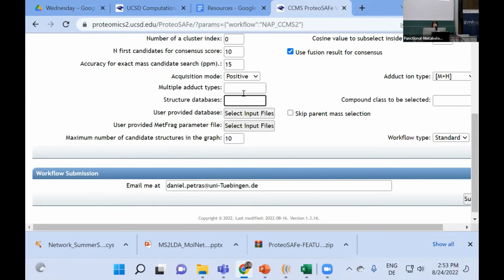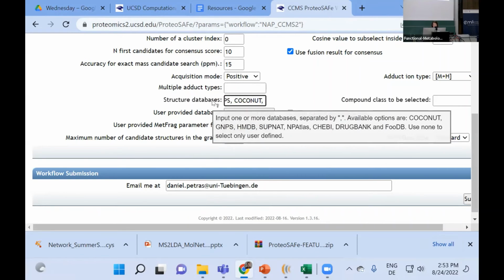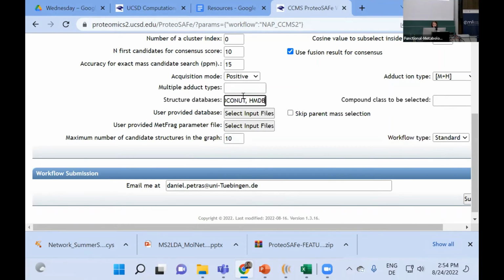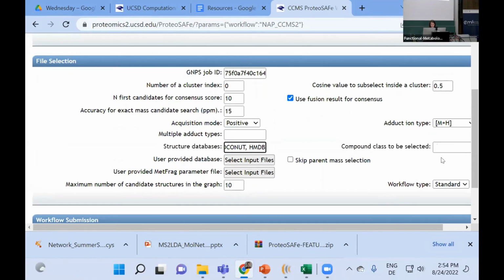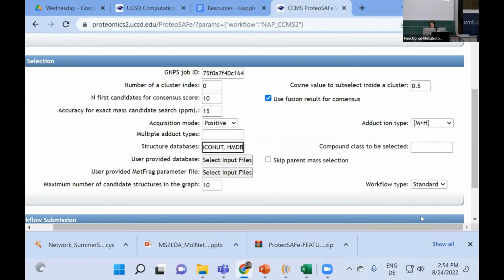So you would just type here GNPS and Coconut, HMDB, and so on. So for your job, you can select all the databases. And then the rest you can pretty much leave on default. The adduct ion type, you have the choice to select different adducts. If you expect any special types of adducts from your experiments, typically I just leave it on M+H, which is